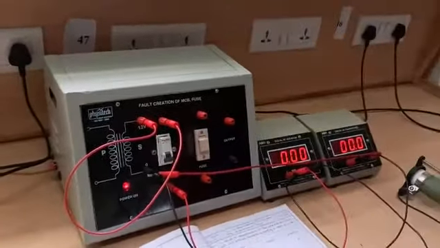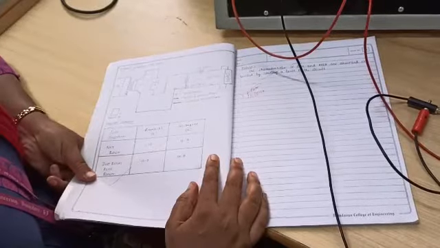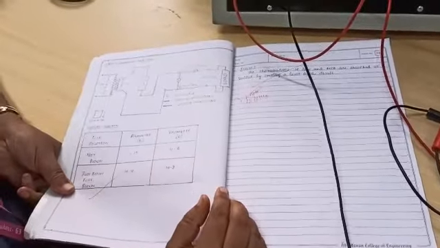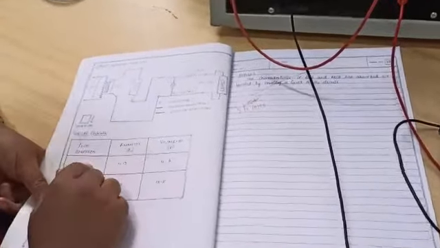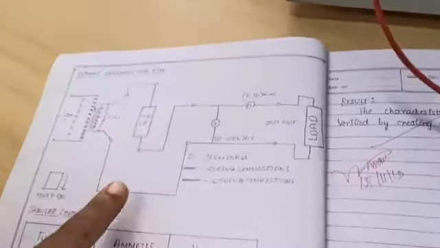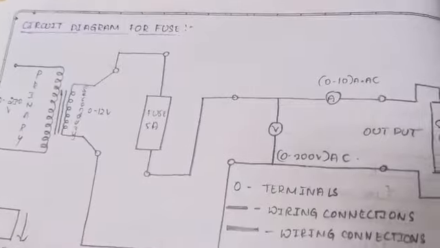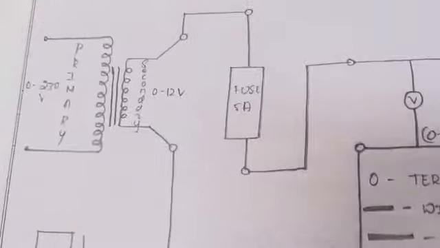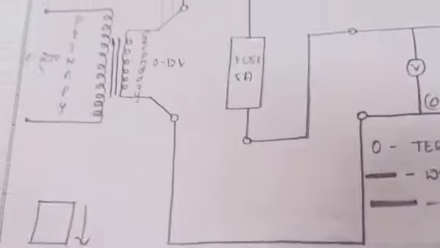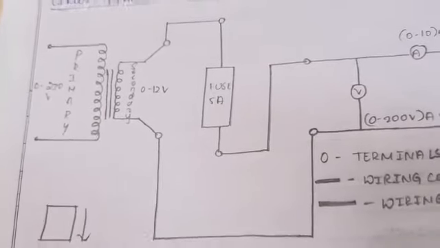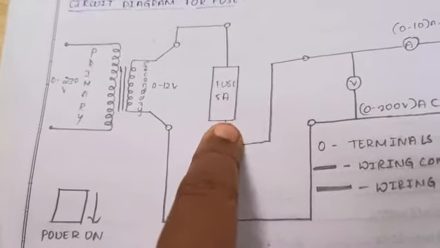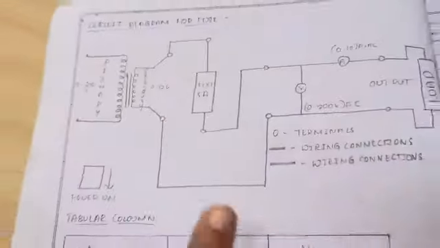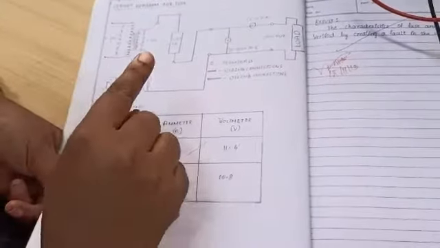Okay, thank you. Students, we have studied the MCB demonstration in the morning, how the MCB acts as a protective device. Now we will see how the fuse acts as a protective device. This is the circuit diagram you are able to see. If you observe carefully, there is a small change compared to the MCB circuit. Here, in the morning we studied, the MCB was there, now it is replaced by a fuse.